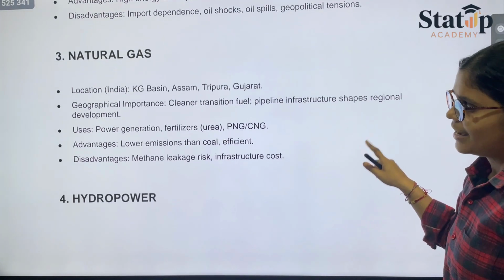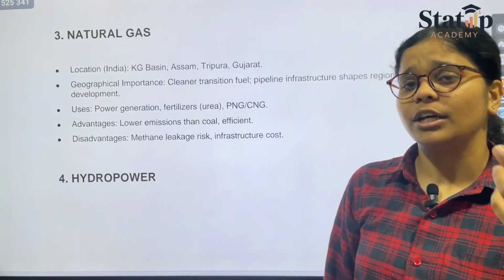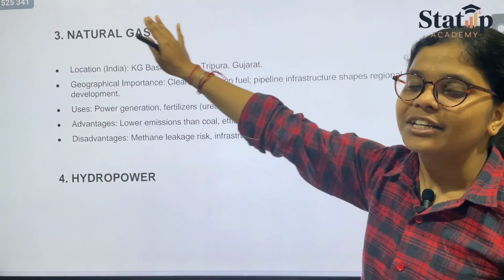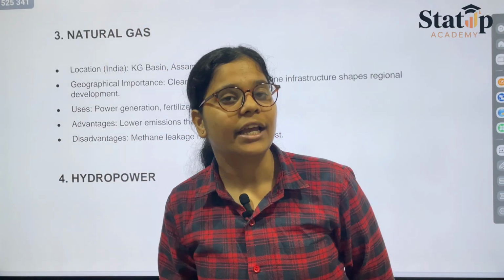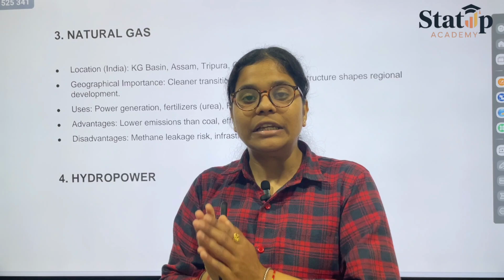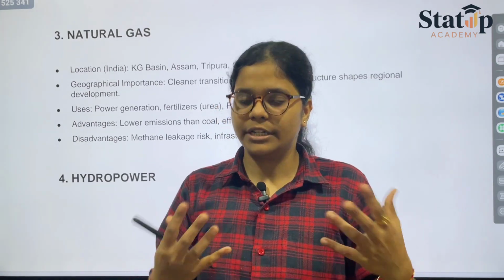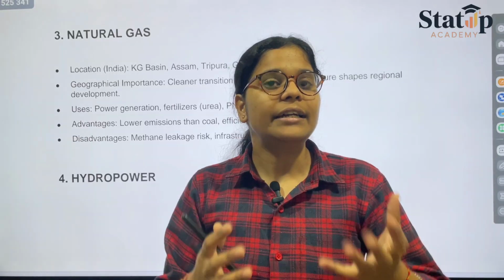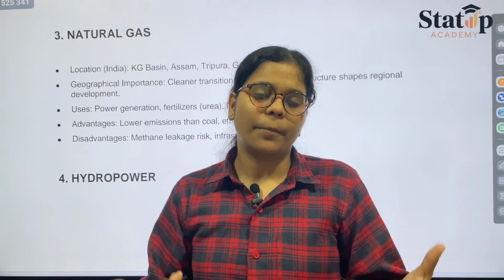Coming on to the natural gas. Natural gas is basically found in Gujarat. Again, Tripura and Gujarat are famous for these particular things. The basic disadvantage is that we are using natural gas as methane. We call natural gas methane, whose formula is CH4. So leakage problems of methane gas are very high, due to which it is a chemical quantity, and chemical inhalation, chemical exhalation can tend to cause